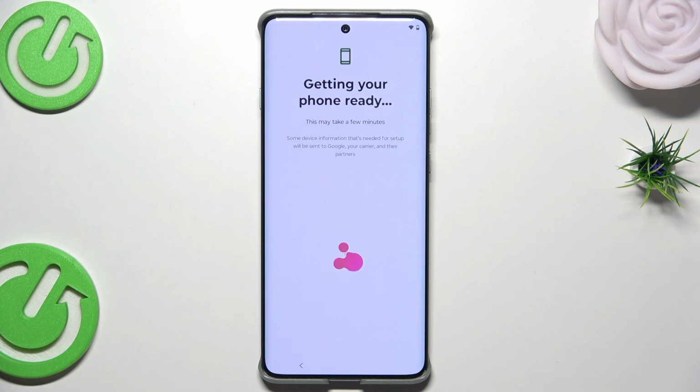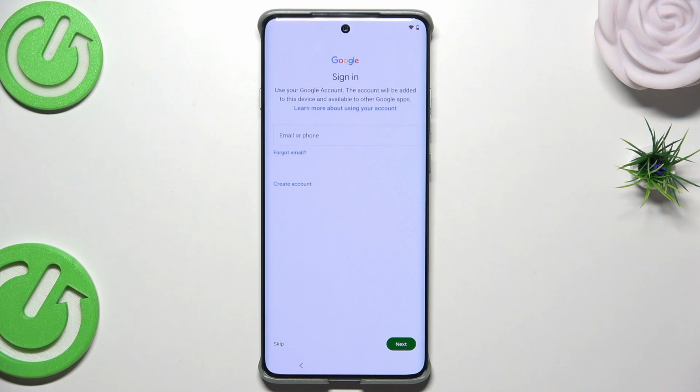Once more, we need to wait. Okay, and now we have option to sign in into our